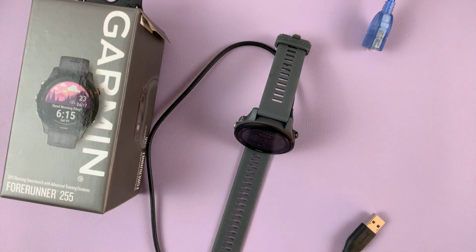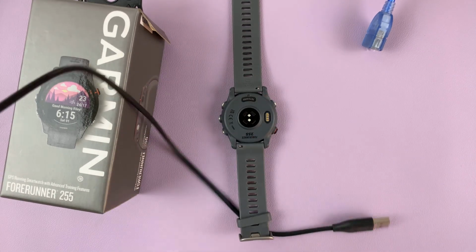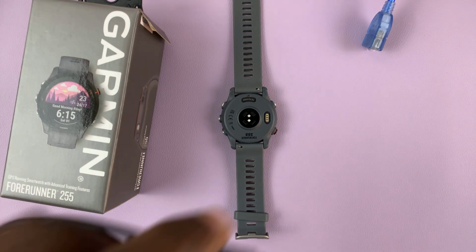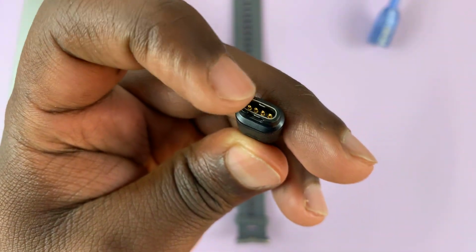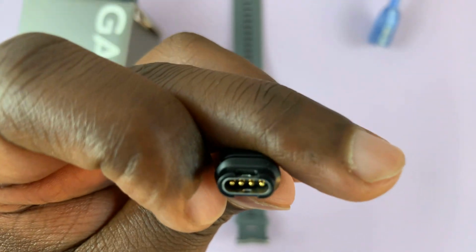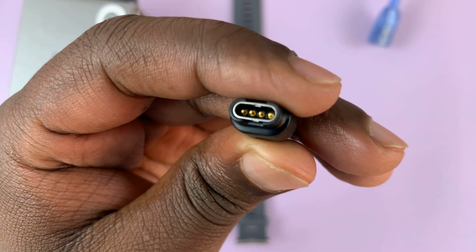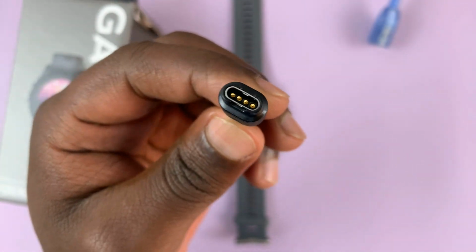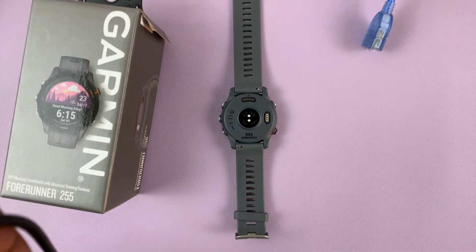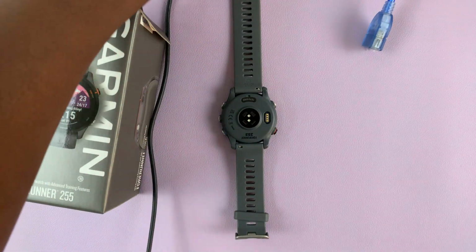Now, if that still does not work, then you might want to first of all disconnect the charger and then check if there's a bit of debris that's built up in the charging port. You can see it's a bit of a hollow there. In case you have too much dirt that has collected in there, then you might have problems. So what you want to do is blow into that hole. Just keep blowing as hard as you can, and maybe if there's too much dust in there,